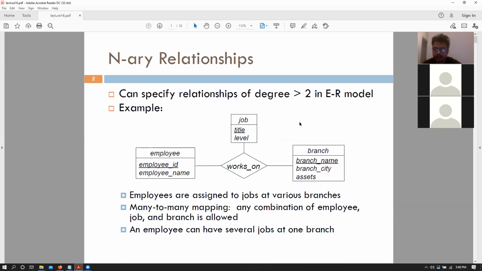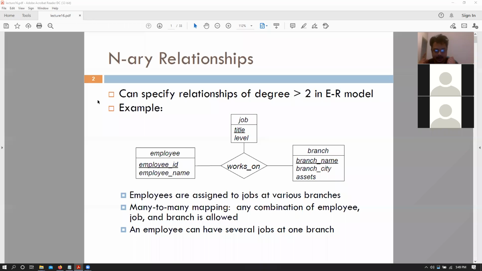So usually we will always see a relationship diagram that has at most two entity sets being related to each other. We will rarely see diagrams such as this, where three or more entity sets are being related together in a single particular relationship. So given this diagram, let me ask you guys a couple questions.